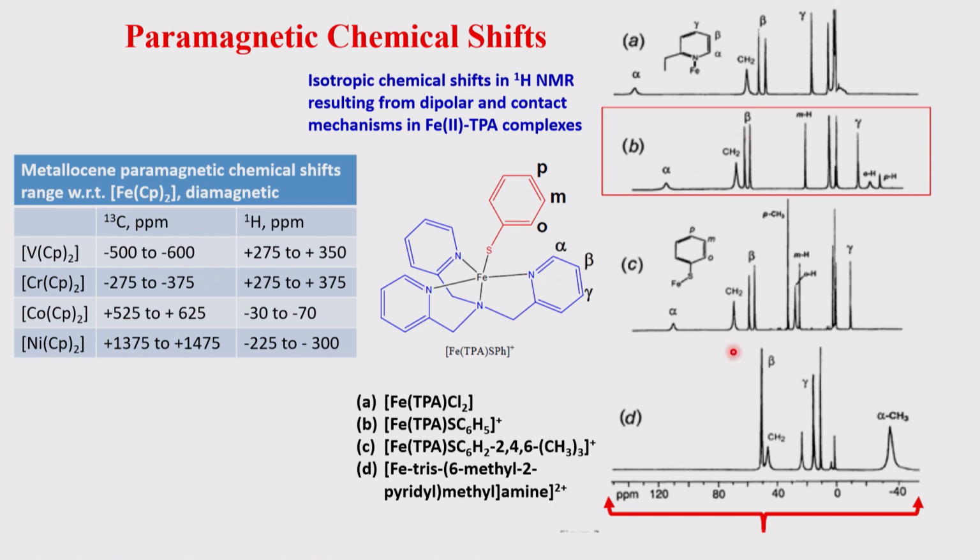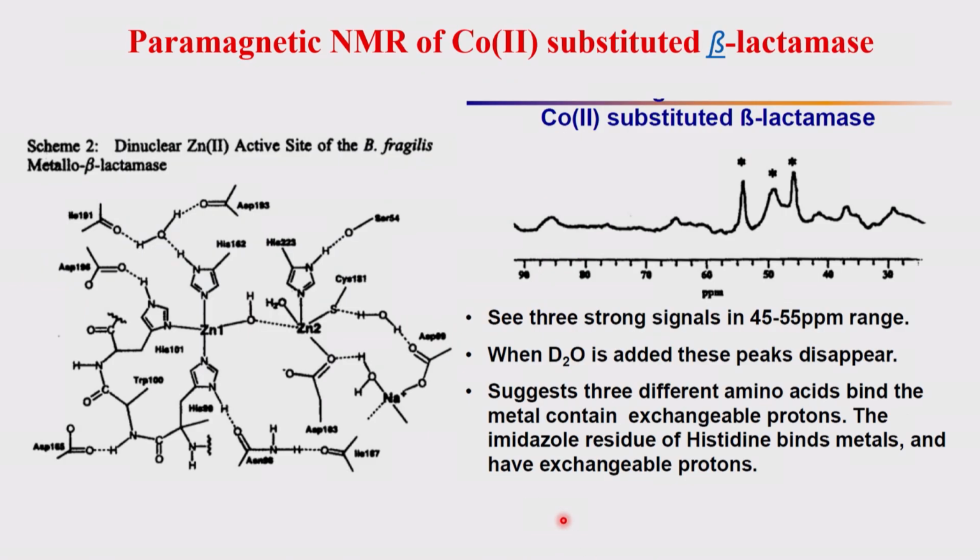and you can see they are basically shown here, and these are shown as alpha, beta, gamma. You can see alpha, the beta, and the gamma. These are coming from these ligands, and the other one, meta, ortho, are coming from this one. You can just sit and see that. So differently influencing. So even if you look at some proteins like lactamase, which is a zinc one, so obviously